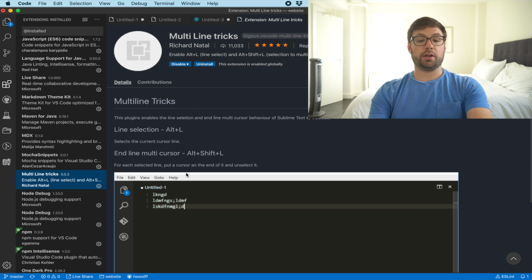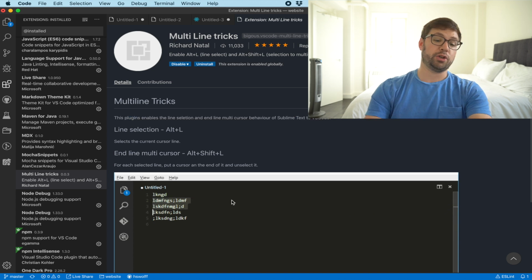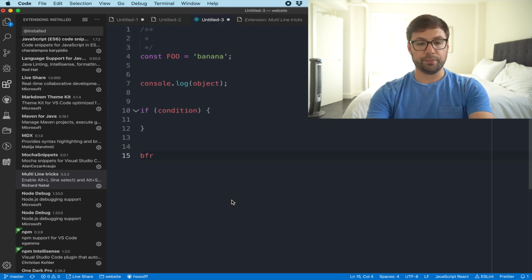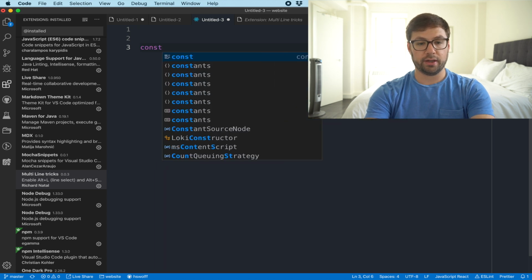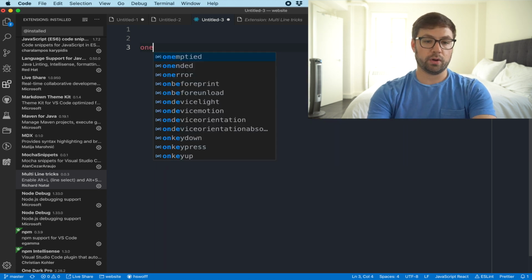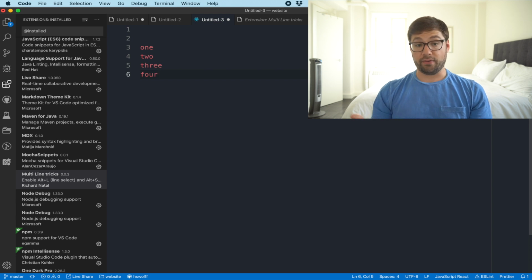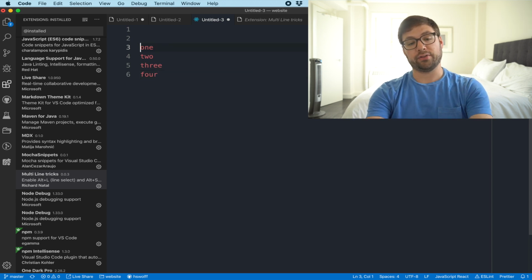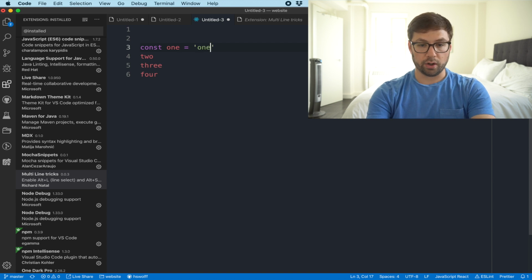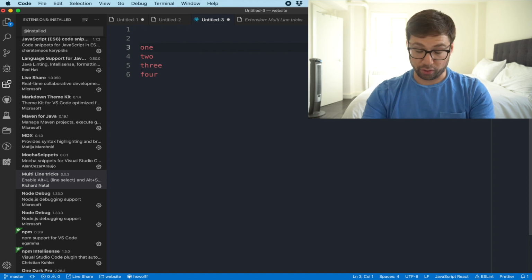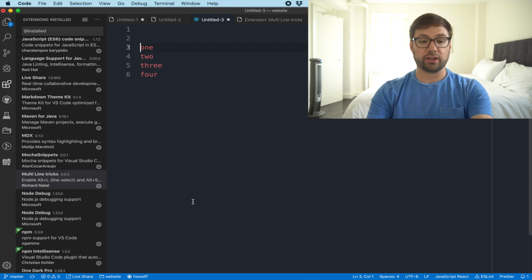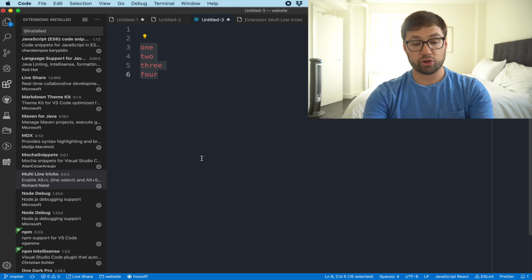This was one that was brought over from Sublime Text that Atom has as well, and I use this all the time. Let's say I have a whole line of numbers, 3, 4, and let's say I want to actually make these variables. If I want to do that manually, I have to do const1 equals 1, right? And that sucks, and that's a lot of manual work, and I hate doing manual work, so I like to do things automated. So what this extension lets me do is select all those lines, trigger the extension,